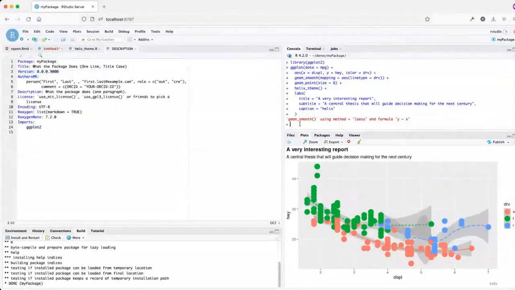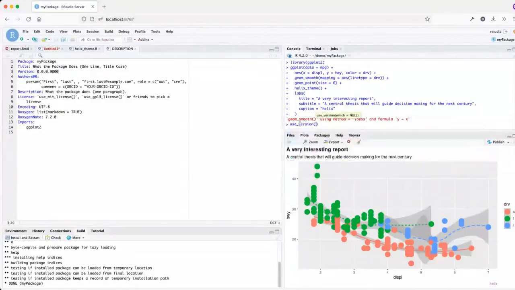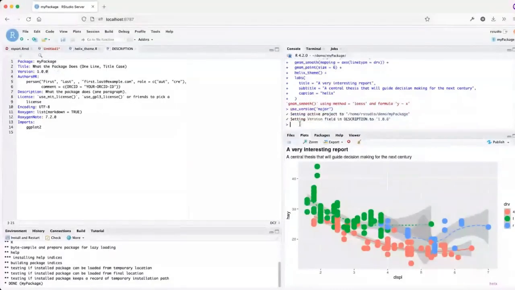And so as you're updating things, there's also a function in usethis. So use_version. And I might say, like, we just added a major feature here. So I'm going to bump this package to version 1.0. Because this package is great and it deserves 1.0. And you can choose between the different pieces of this version number. But the important part is that you can change it.